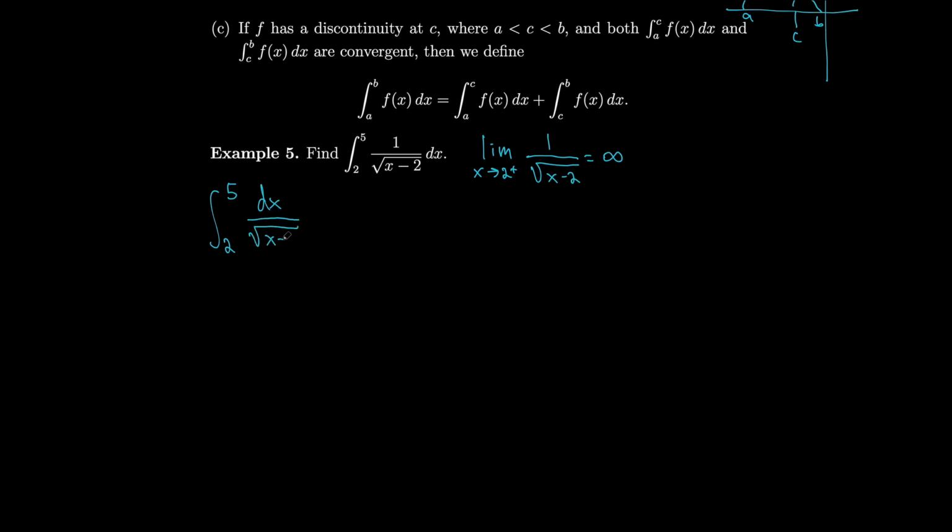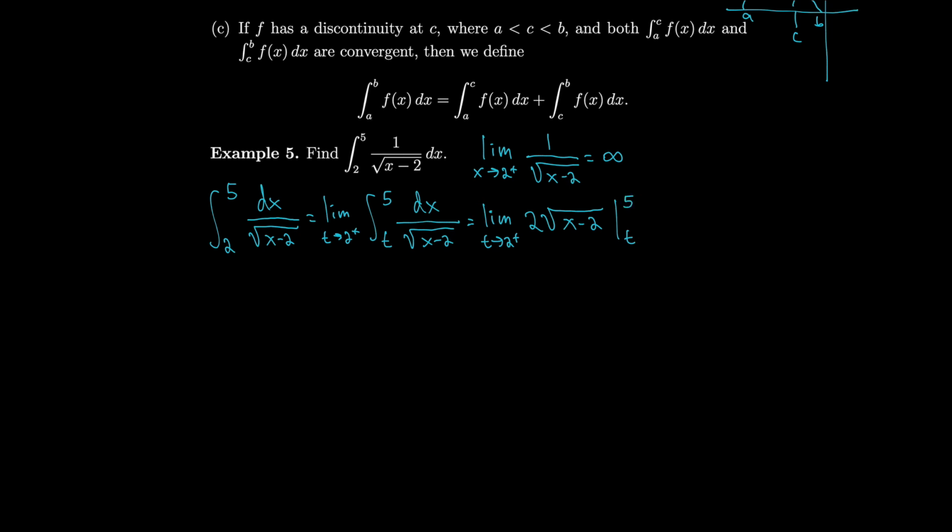So we've got the integral of dx over square root of x minus 2 equal to the limit as t approaches 2 from the right of the integral from t to 5. Since we can't plug in 2, we plug in t instead, and we move it closer and closer. So this is going to be equal to the limit of 2 times square root of x minus 2. When you just do a quick mental u substitution, 1 over rad u is, when you integrate, 2 rad u, because the half cancels. So then we evaluate this from t to 5,